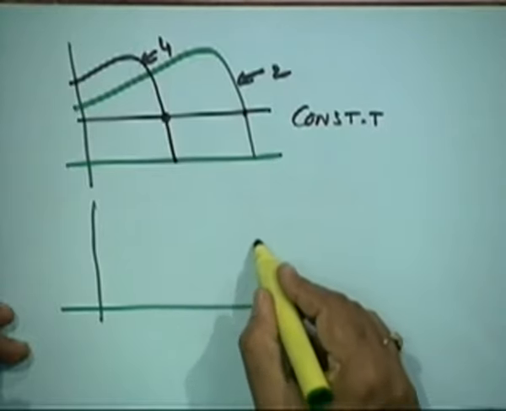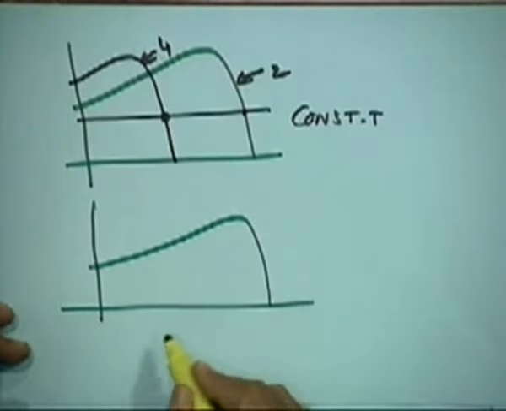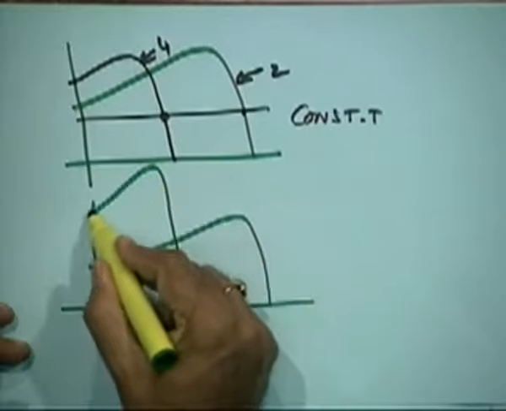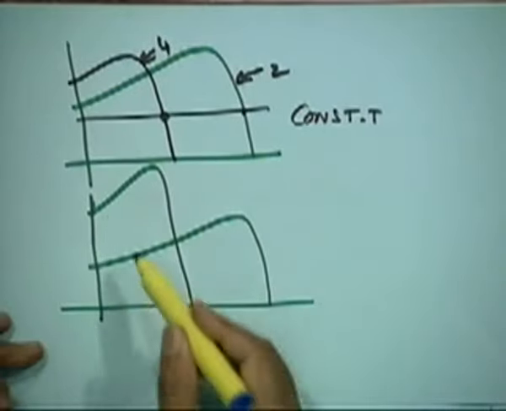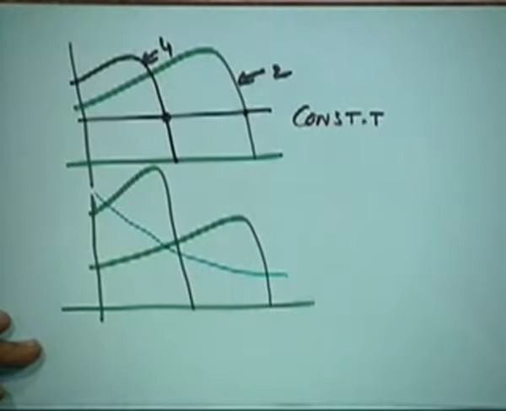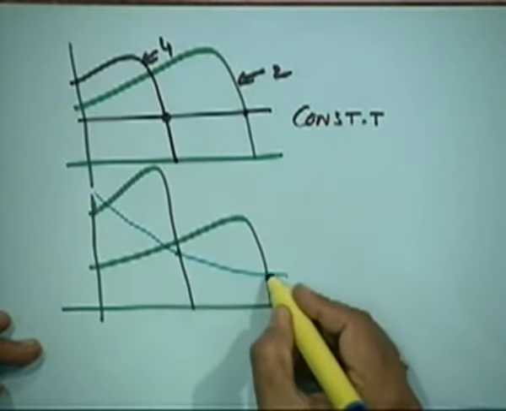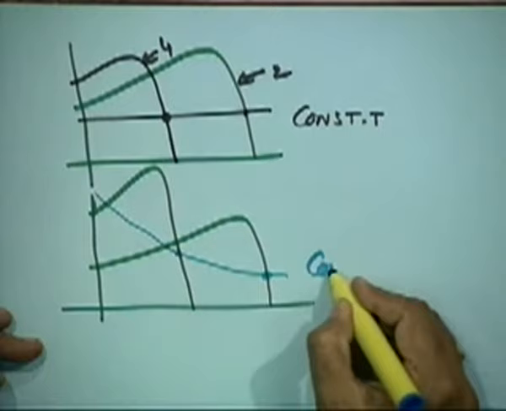where you have 2 pole like this and 4 pole can be like this, right? What is it suitable for? What is this suitable for? Constant power, your load can be like this, right? So high torque at low speed and low torque at high speed is a constant P.